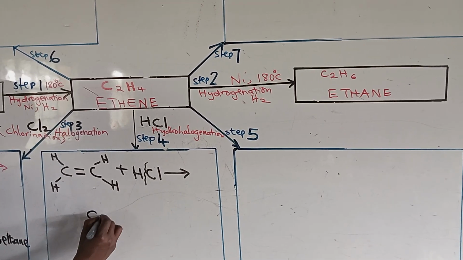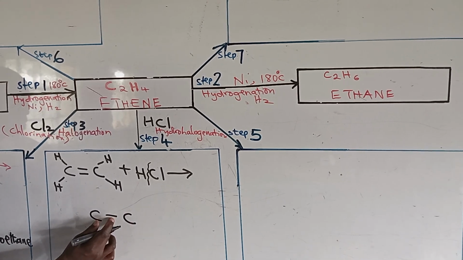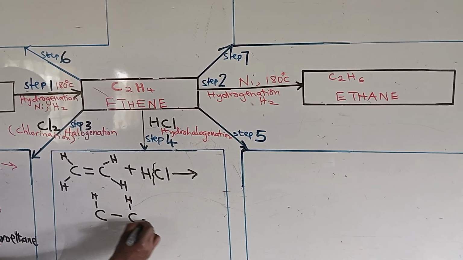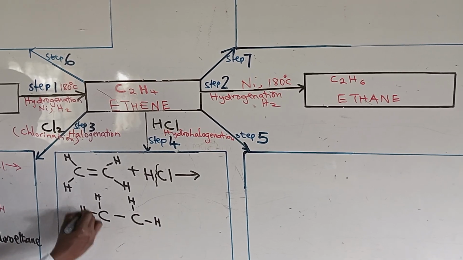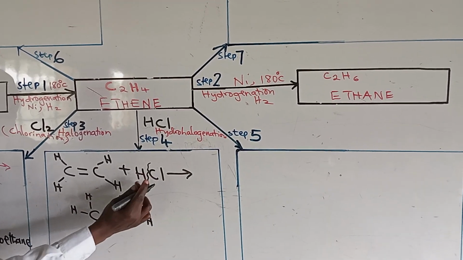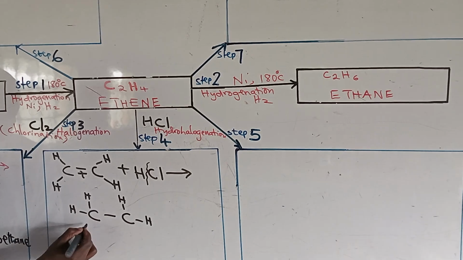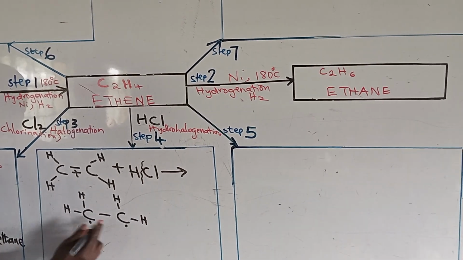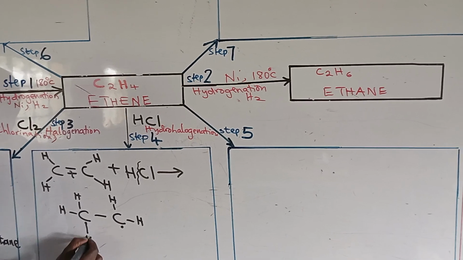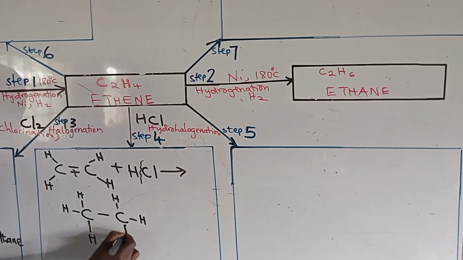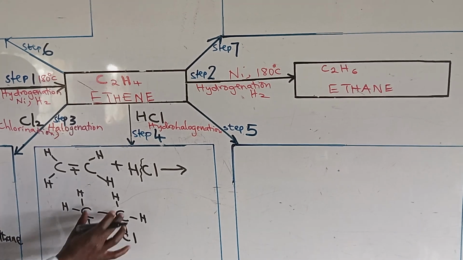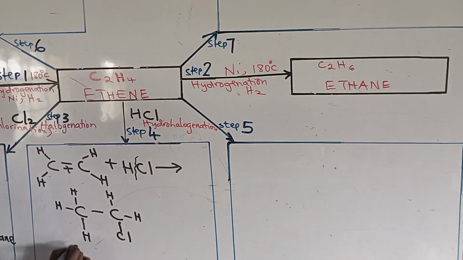That is to say, the carbon to carbon will be left with one bond, the hydrogens will be there, the 4 of them as they were originally, and this bond will break. One electron will come here, one will come here. The hydrogen will come with its electron, attach itself here. The chlorine will come with one electron and complete that bond and attach itself there. And so this compound will be called